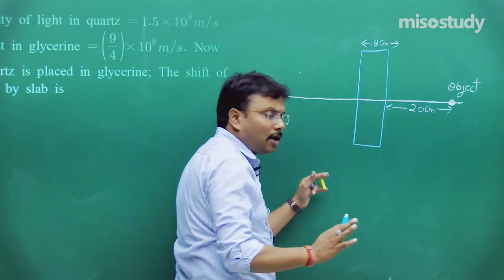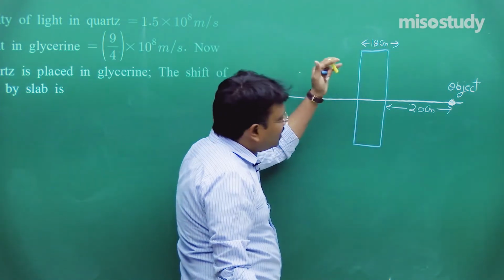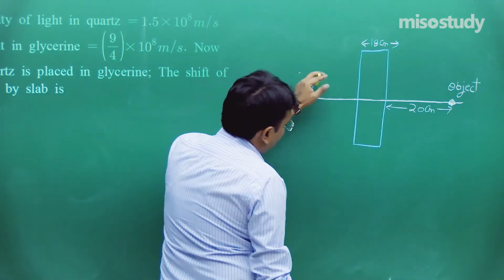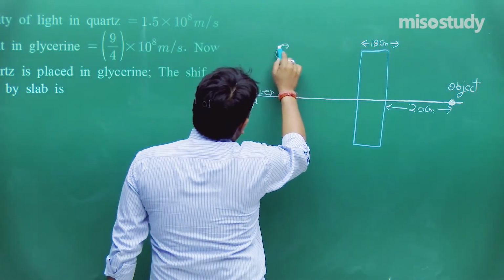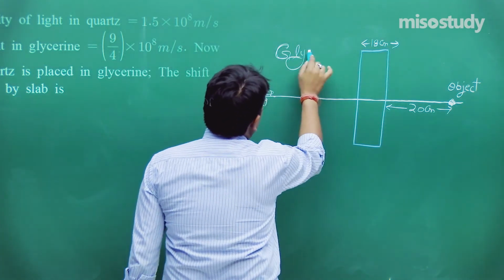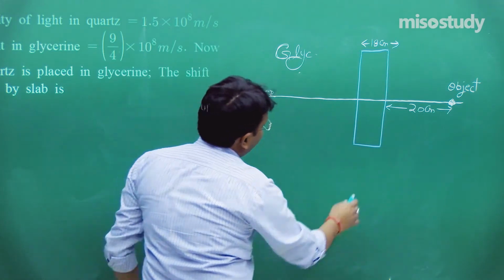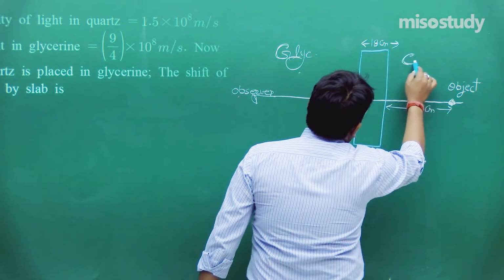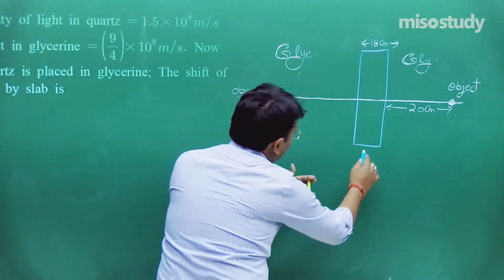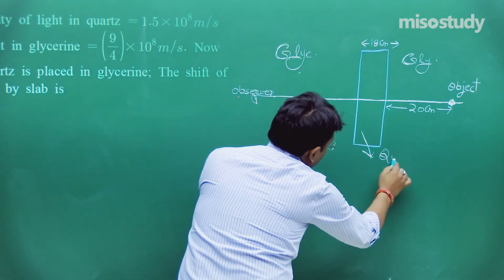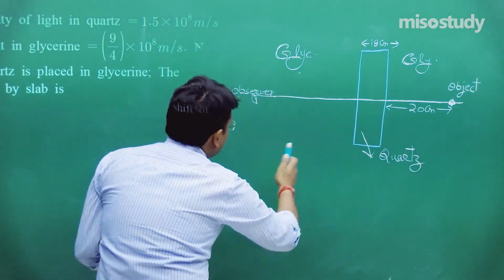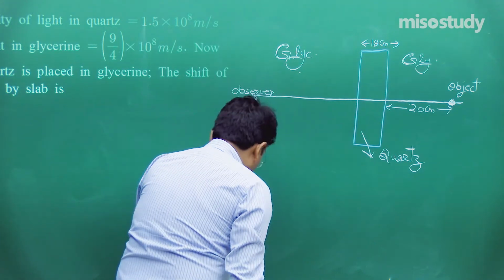It is basically part of the problem itself. Fine, but it's better to provide it in the form of this diagram so that you can visualize. Now this is glycerine. Glycerine is a type of alcohol, I think. Fine, in chemistry I am sure you must have studied this glycerine, and over here again glycerine. Fine, now you have quartz. Okay, fine. So step by step I am going to provide you the solution.